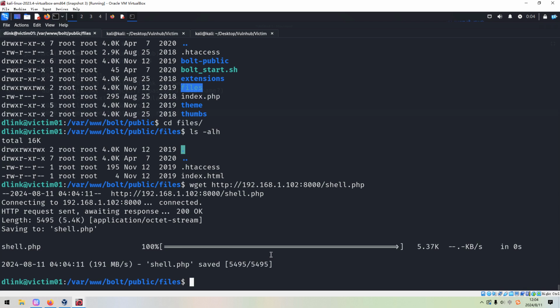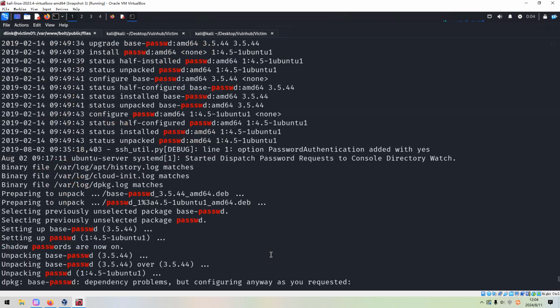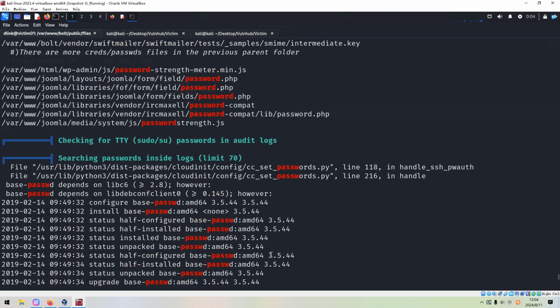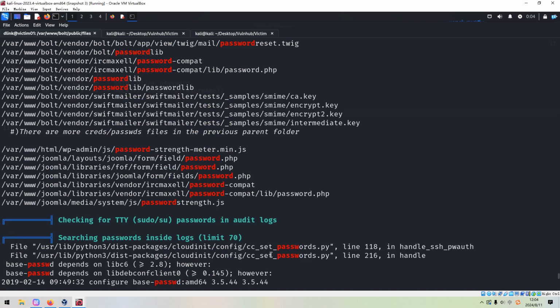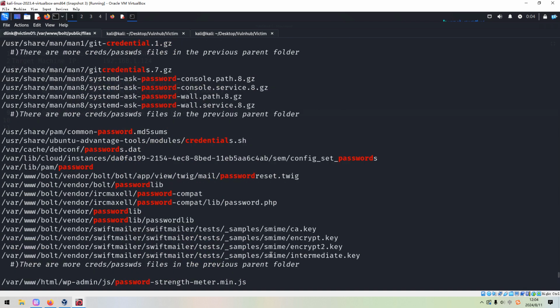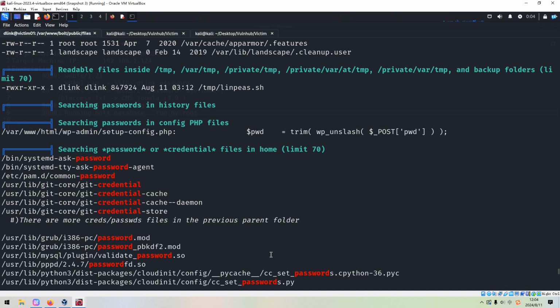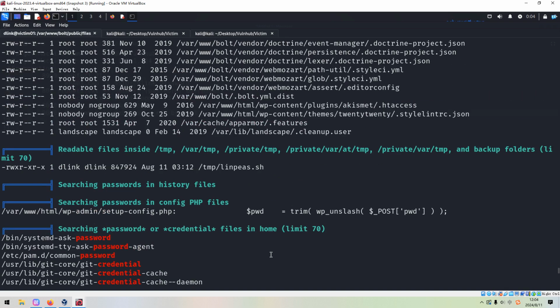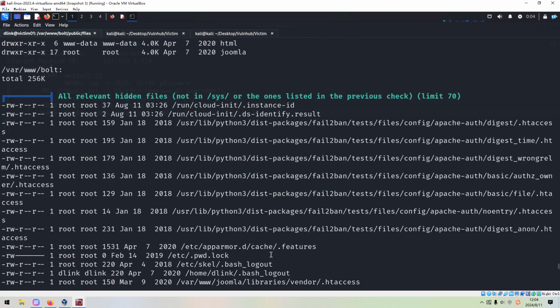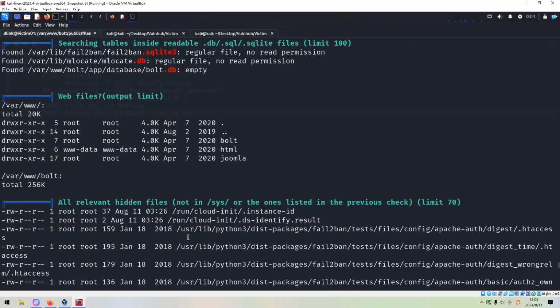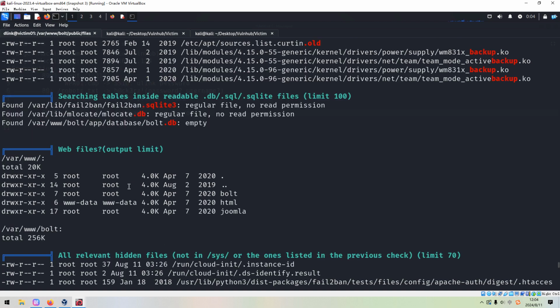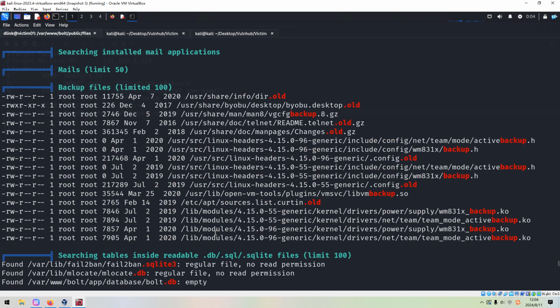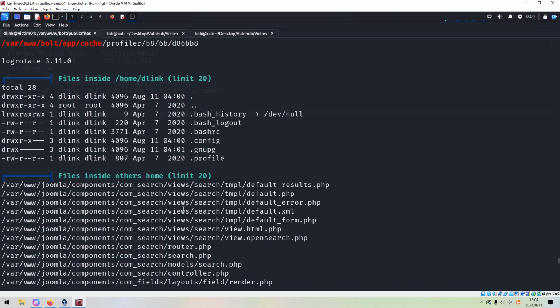And also, I'm not sure whether the Linpeas shell script has already identified this configuration as well. Passwords, credentials, all relevant web files, backup files.